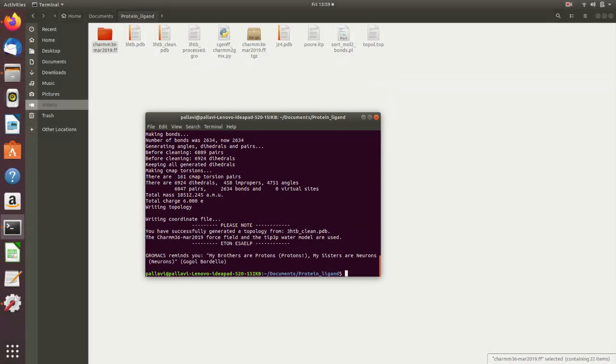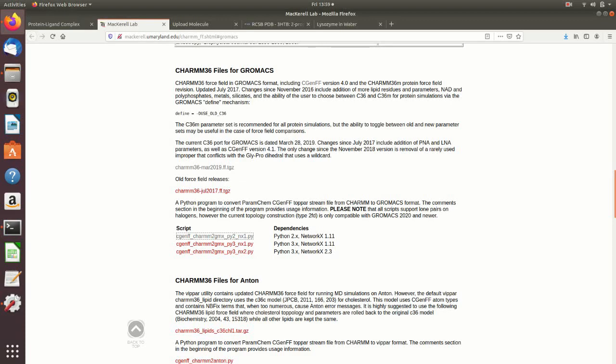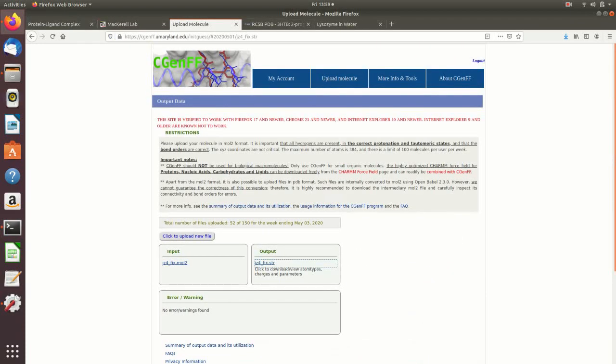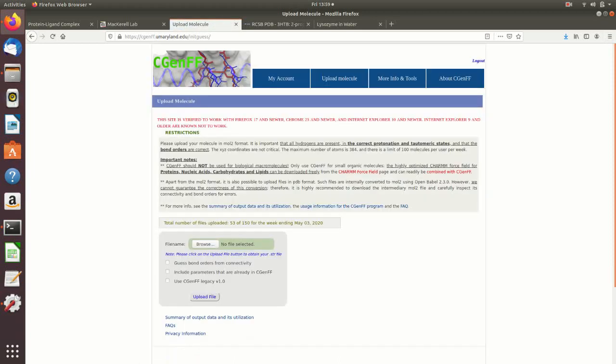Now for building the topology of our ligand, we have to use servers like CGenFF over here, which requires a mol2 file, which can be generated using software like MOE, where you can add hydrogens and save the ligand file as a .mol2 file and then upload onto the CGenFF server.